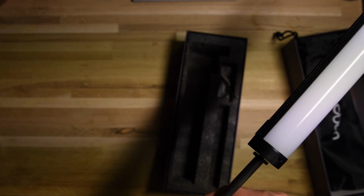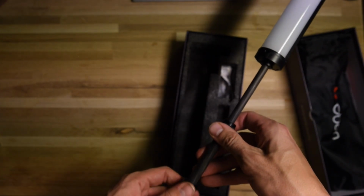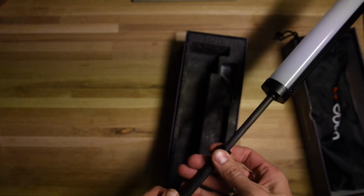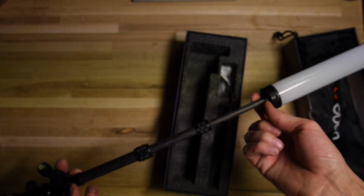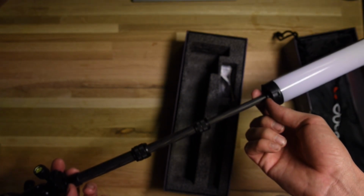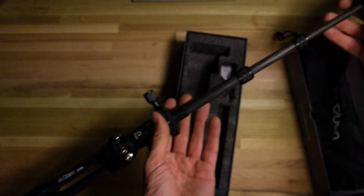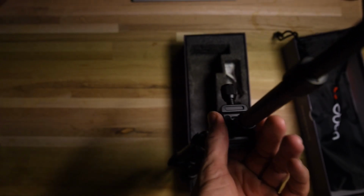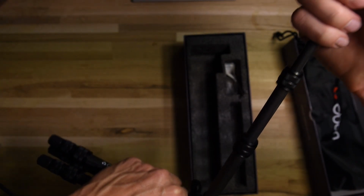It's not really flimsy at all. That's not what I'm saying. What I'm saying is it might be more intended for something such as a light. So it extends a little ways. And so that extra little bit is, I'd say that's at least 12 inches of carry right there. So now you got your light on your tripod, and then you can ball adjust this so you got your light, and you can,